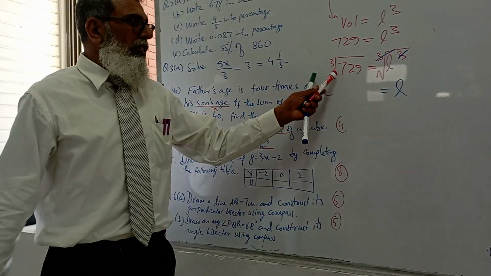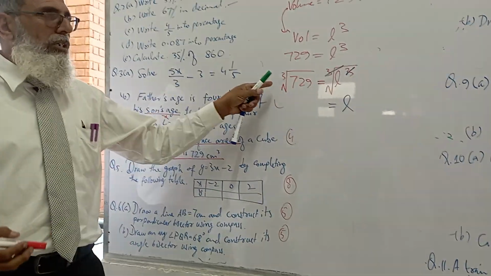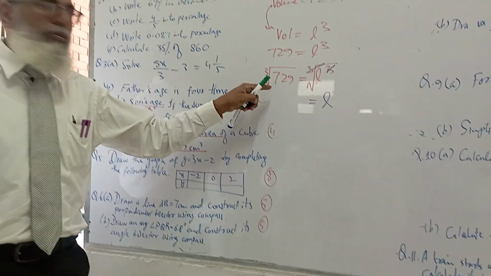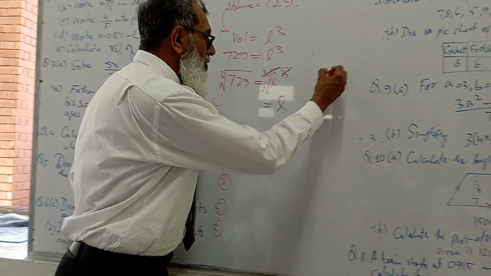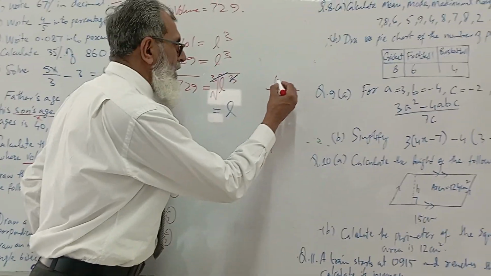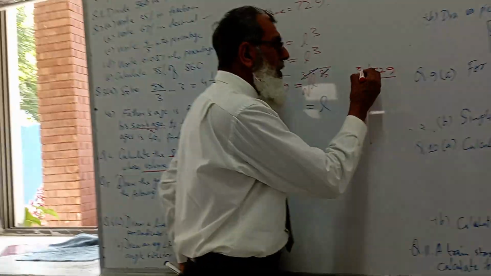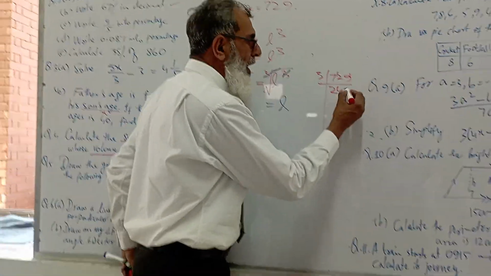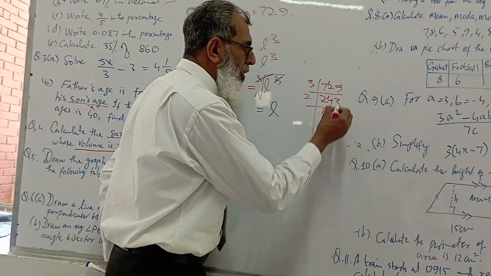Now we'll simplify this by finding the cube root of 729. How will we do it? To find the cube root, we'll convert this into a product of cubes. So we'll see by factorizing 729 how we get 729. We see that it's divisible by 3. 3 2s are 6, 1 remaining, 3 4s are 12, 3 3s are 9. Still divisible by 3, so 3 8s are 24, 3 1s are 3.